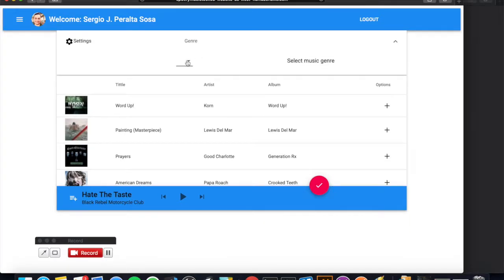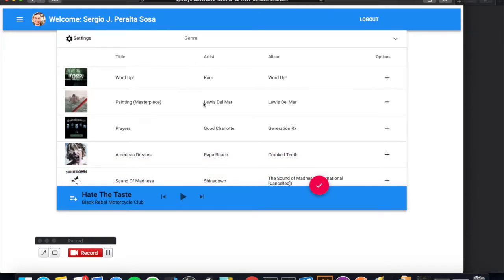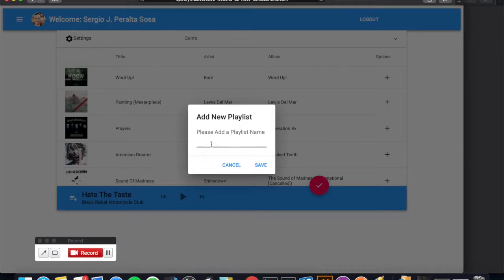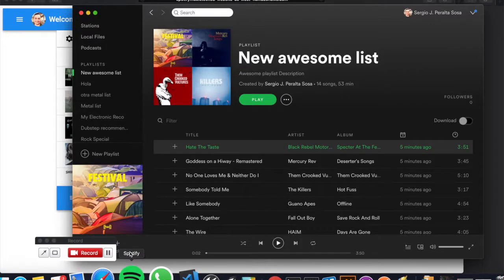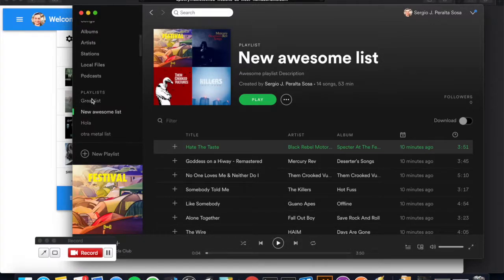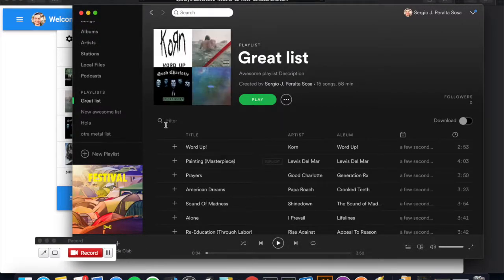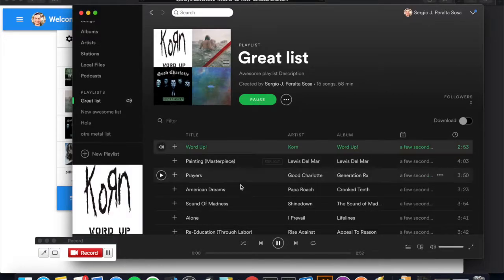The genre selected by default is rock, and I can save this list to my Spotify account, my gray list. After that, we can see this list as a playlist in my Spotify account,